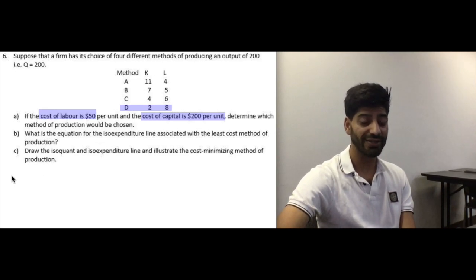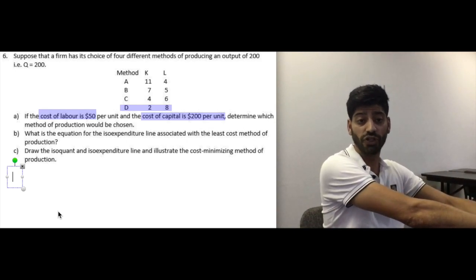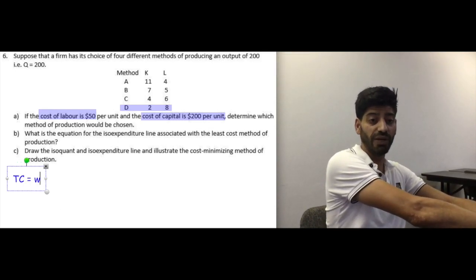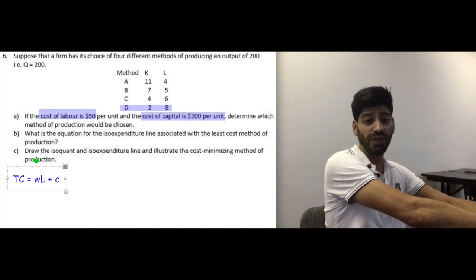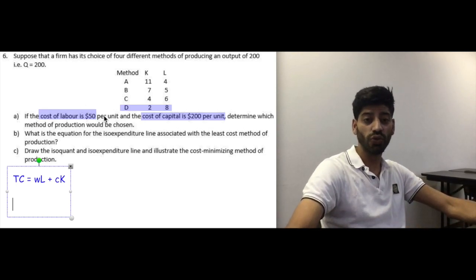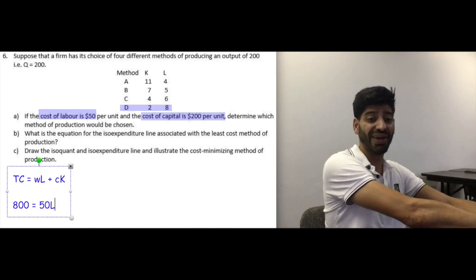So to make you understand how that's done, I'd first encourage you to express the equation of a total cost function or an ISO cost function. Understand that total cost is simply W, the wage rate, times L, plus C, the cost of capital, times K, the units of capital. So in this expression, we can substitute the values that we know. We know that the total cost with combination D is a total cost of 800, and so we can argue that 800 is equal to W, which happens to be 50, multiplied by L, plus C, which happens to be